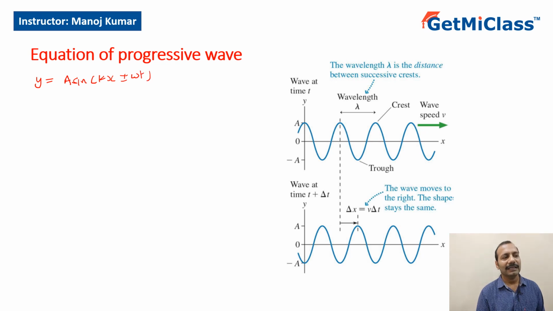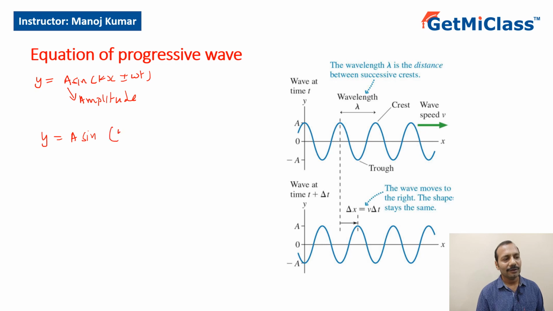Now I can take sine or cos because there is only a difference of phase, nothing more than that. And here a is the amplitude. Amplitude is maximum displacement from the mean position. Now there are various ways in which I can write this expression. This can be written as y equal to a sine,